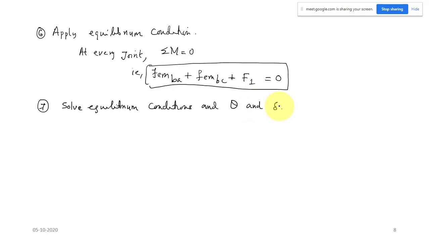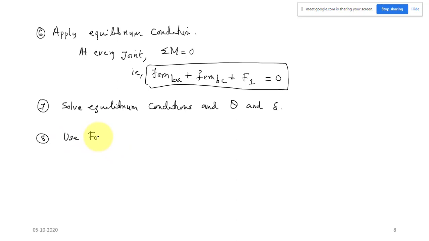So the steps you will just understand. Now the next step is, you have 4 equations and 4 unknowns, and you solve those equilibrium equations to get the unknown displacements in the structure. And the final step. Now I have all the unknowns in the structure, so I can use